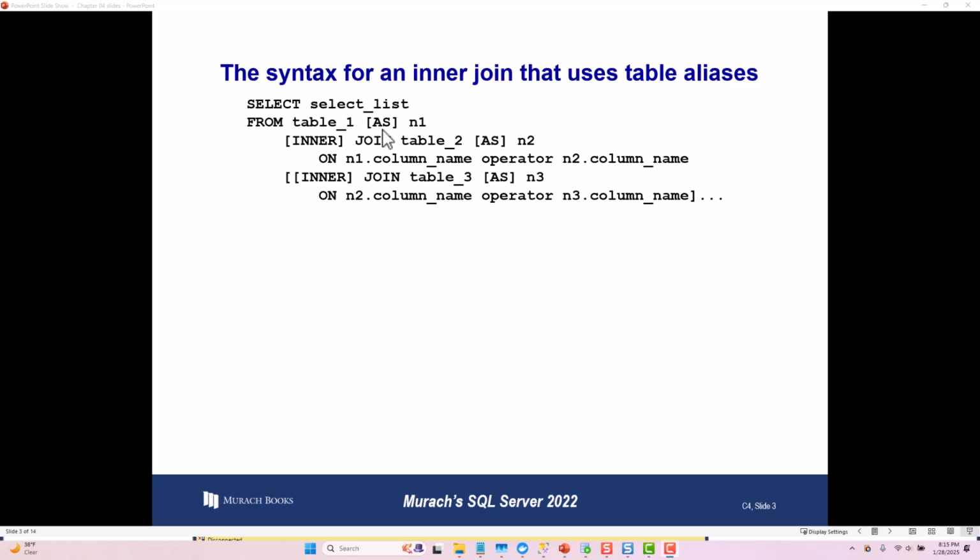Now, the slide here is showing us that for every table, we can give it a more simplified term so that we don't have the table name in our column lists, in our where clauses, in our join statements repeated over and over and over. We can use some simplified naming convention. Like for our employees, we could use something like EMP, or we could use E.